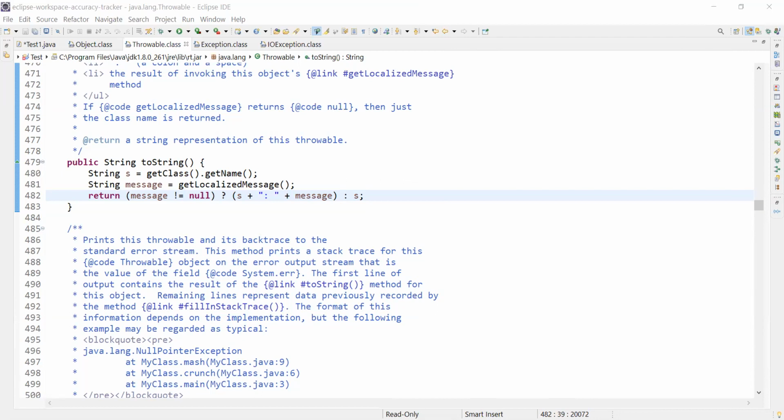In this particular case we are talking about a parent class, and this parent class is extended by a child class.